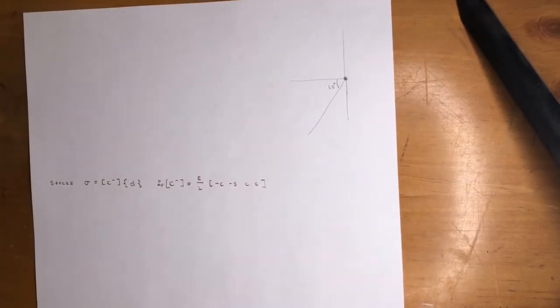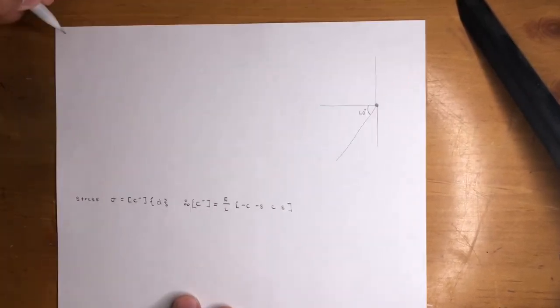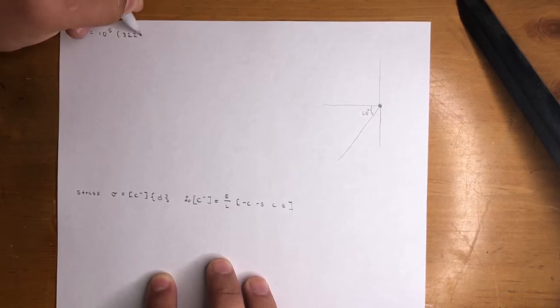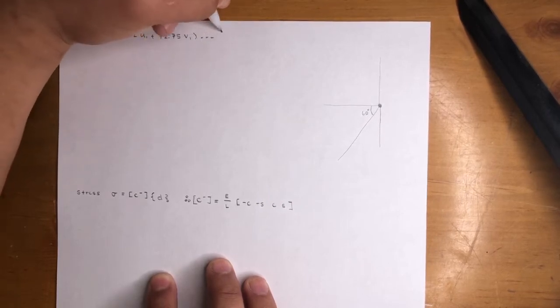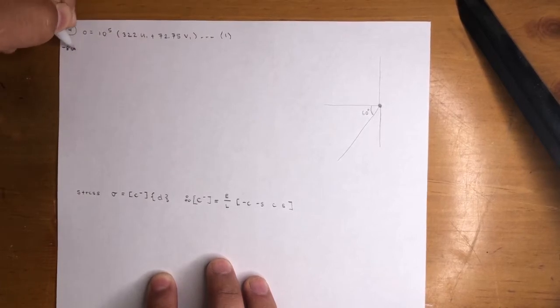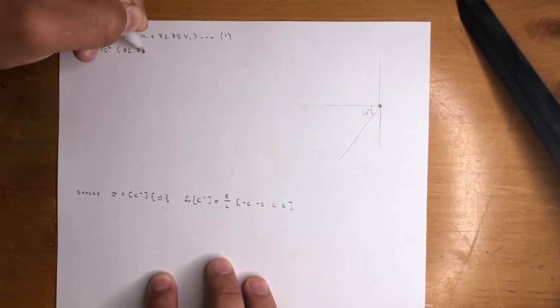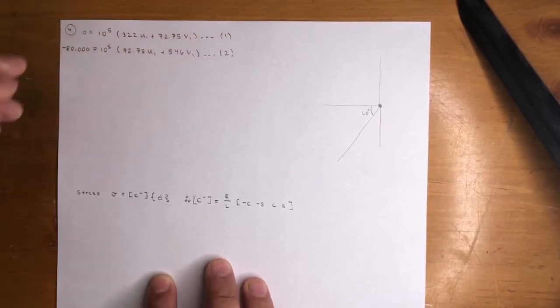So let's go ahead and write that down. Actually, I should have written it down beforehand to save time. My bad, this is pre-written just to save time. I know these problems are long. Step 4, we got 0 is equal to 10 to the 5th, that's going to be 322 U1 plus 72.75 V1, okay? This is equation 1. Next one is negative 80,000 equals 10 to the 5th, 72.75 U1 plus 546 V1. And this is equation 2. All right,